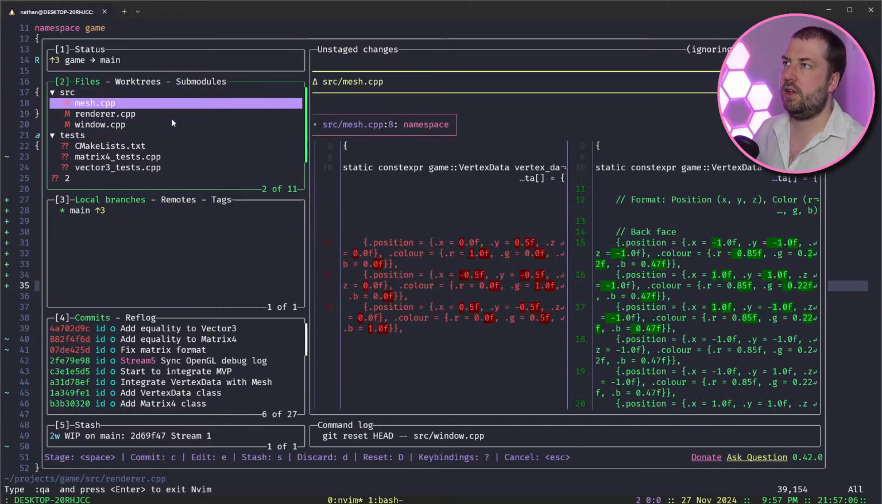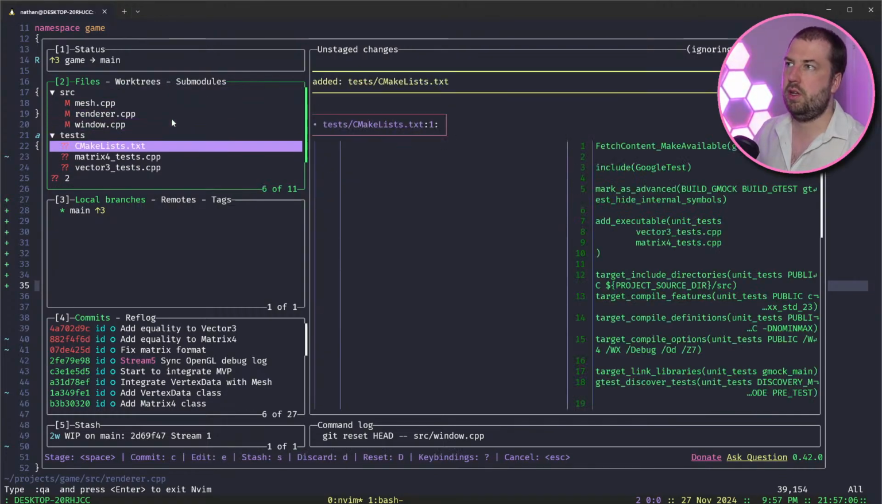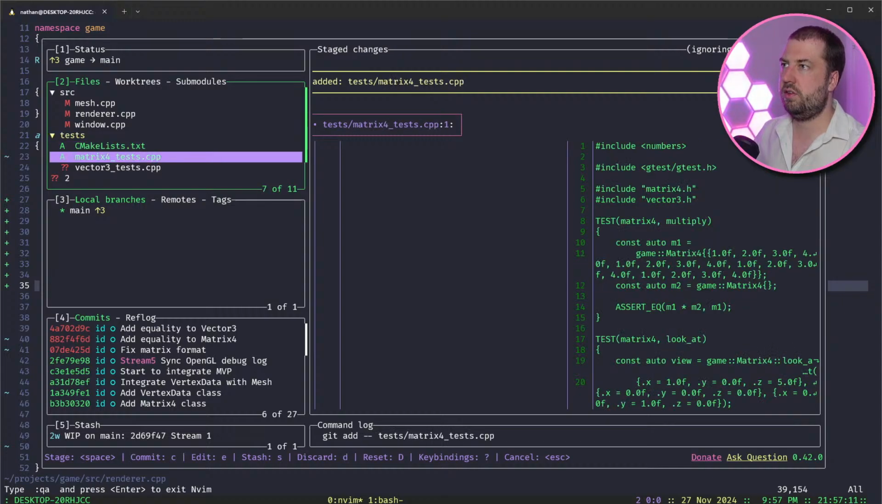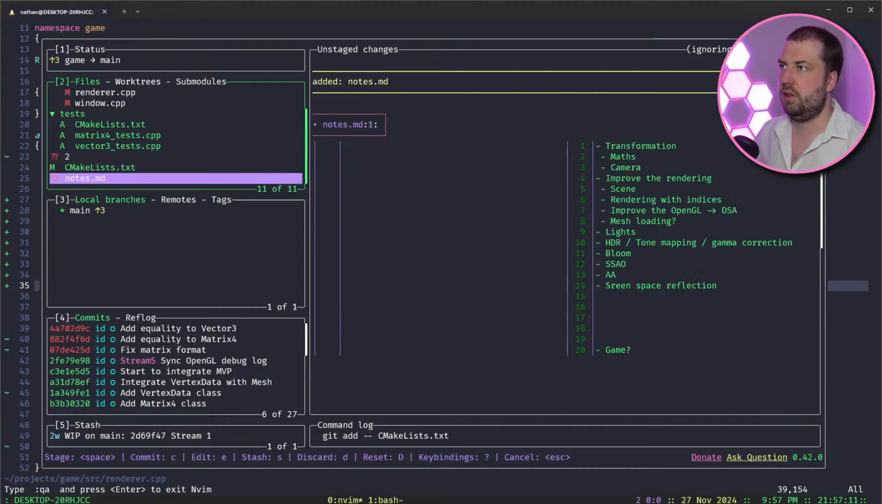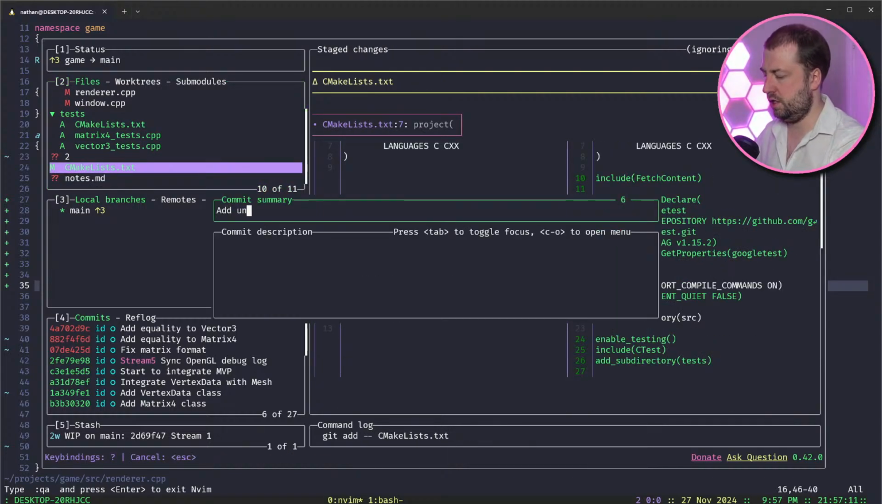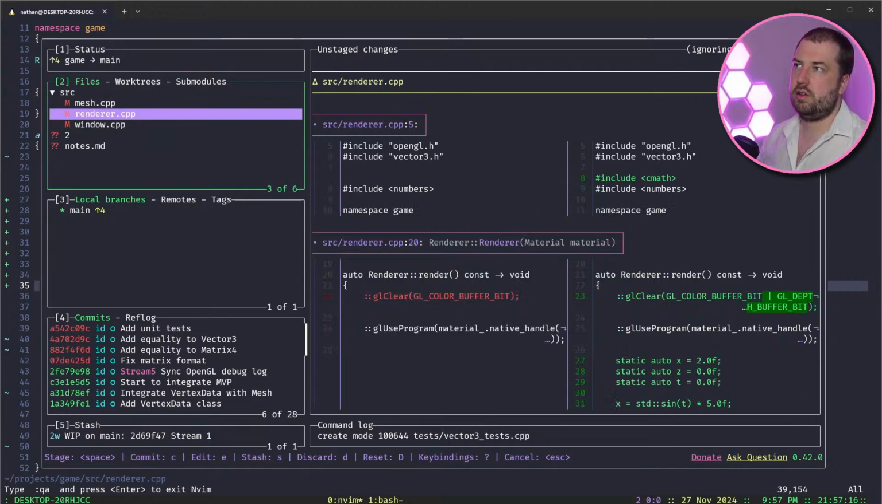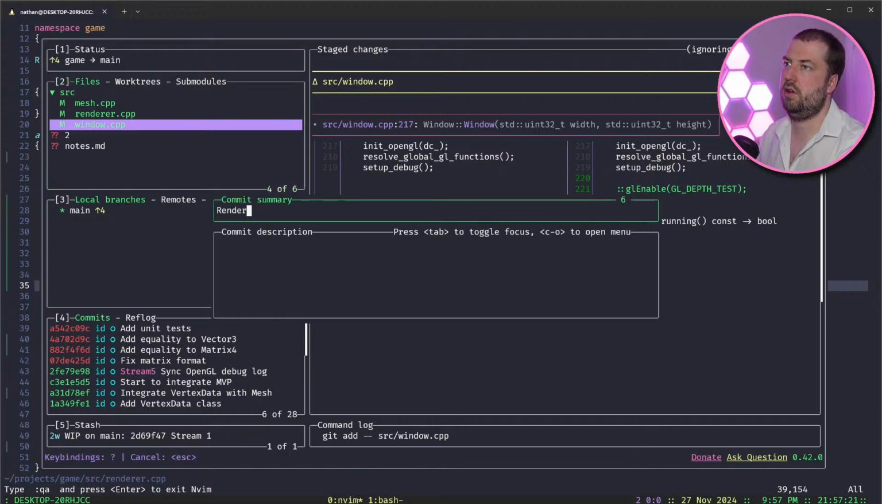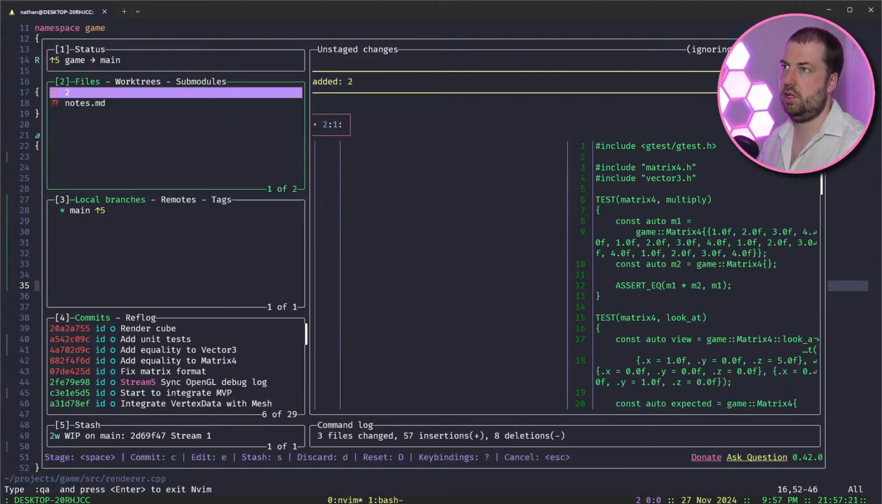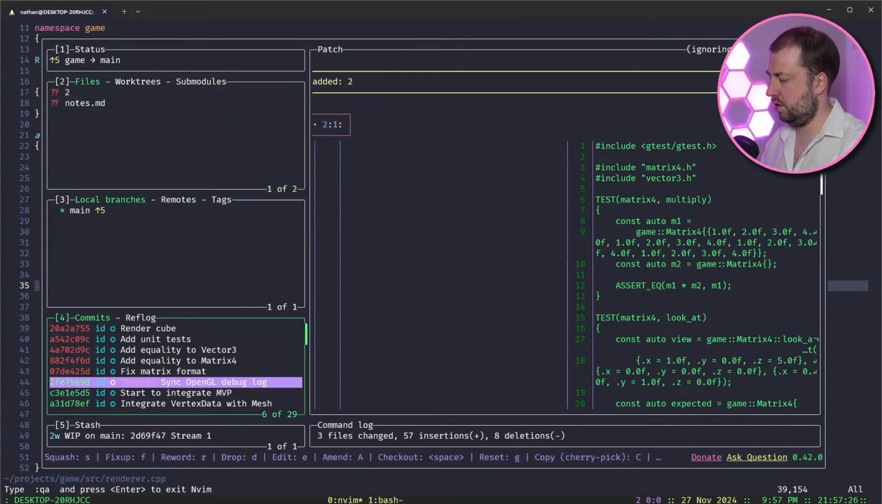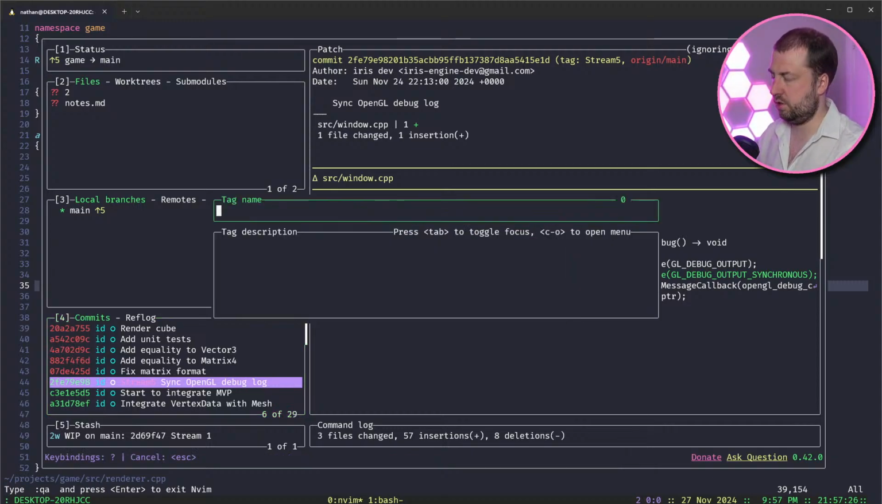Let's see where we're at. So, mesh renderer window. So let's do commit, add unit tests, and then I think we can just do commit, render cube, and then I'll tag, and then I'll do